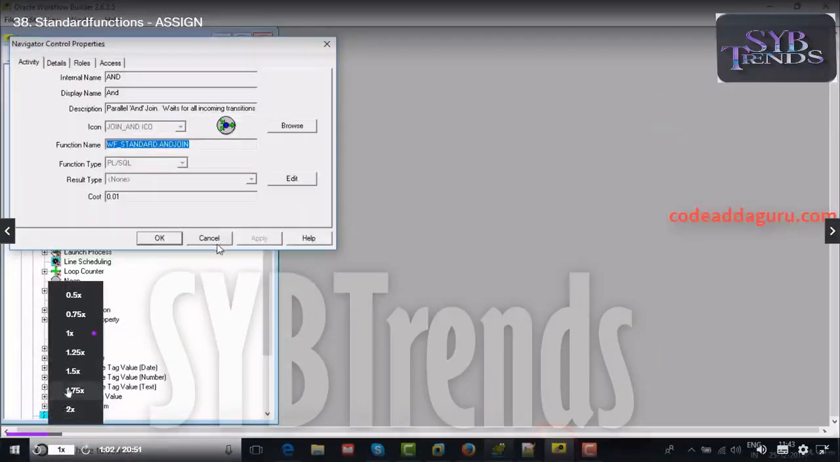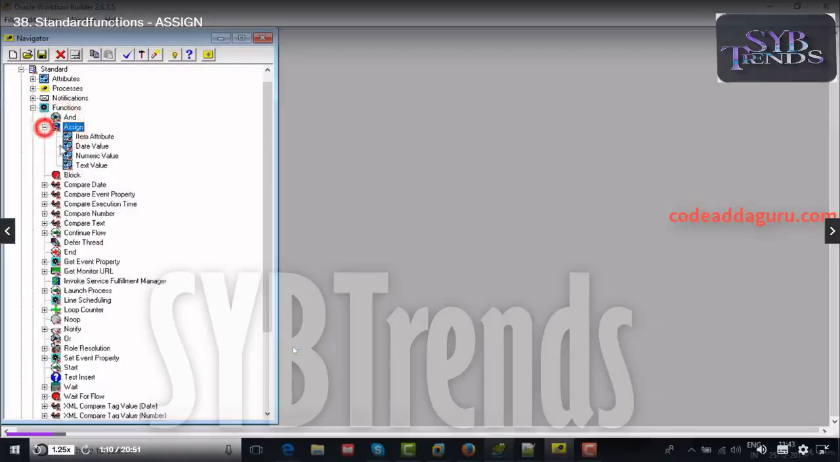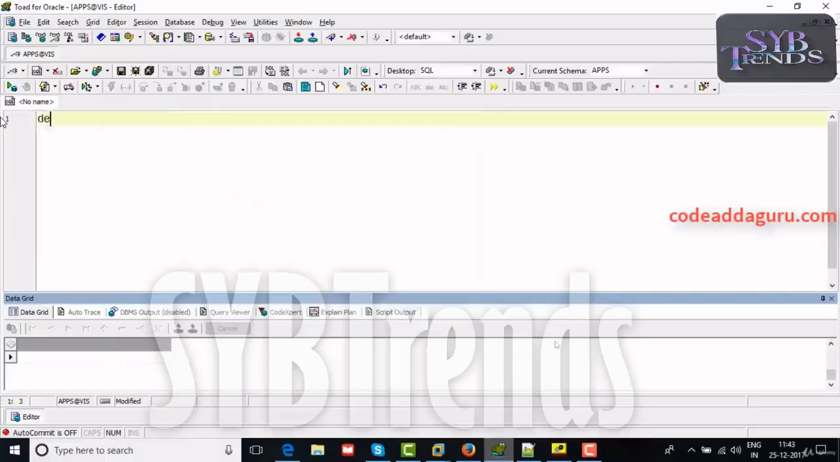So from now onwards, we concentrate on each and every function. All possible functions I will tell you, which I come across. First, we will work on assign. Assigning is nothing but, if you want to assign, if you take a declare block, declare